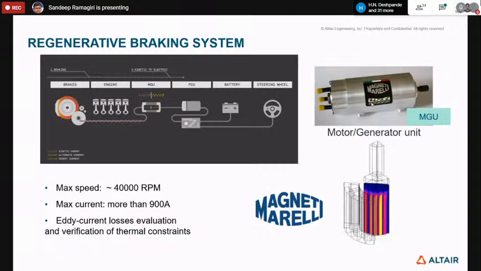This is a case that I basically want to showcase for the people who are into electrical vehicle applications. It's a regenerative braking system, and in the regenerative braking system,